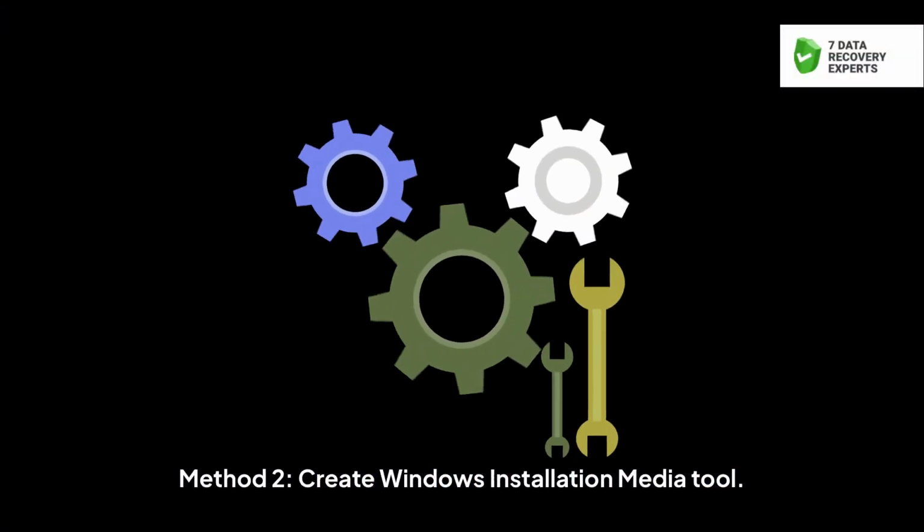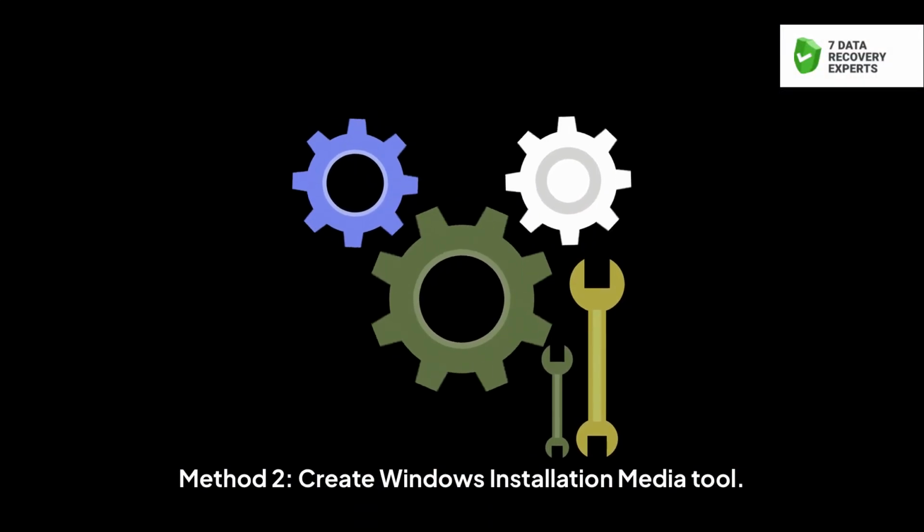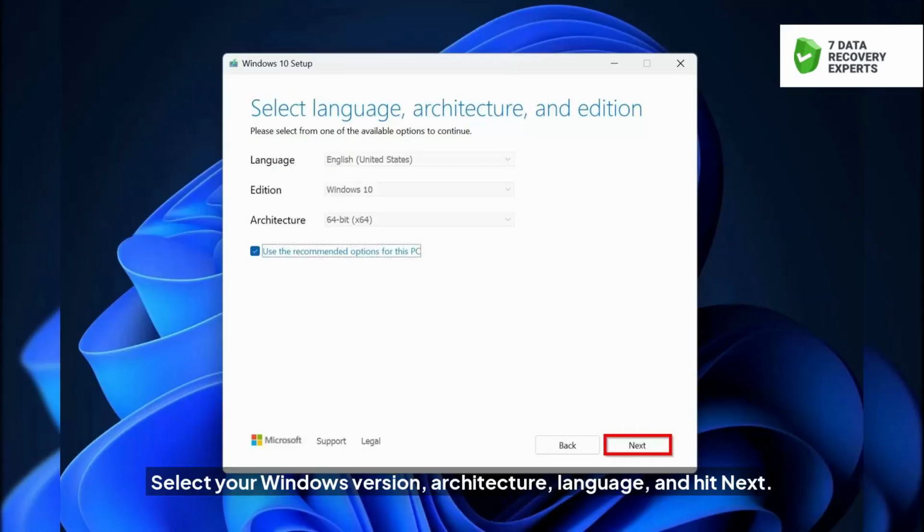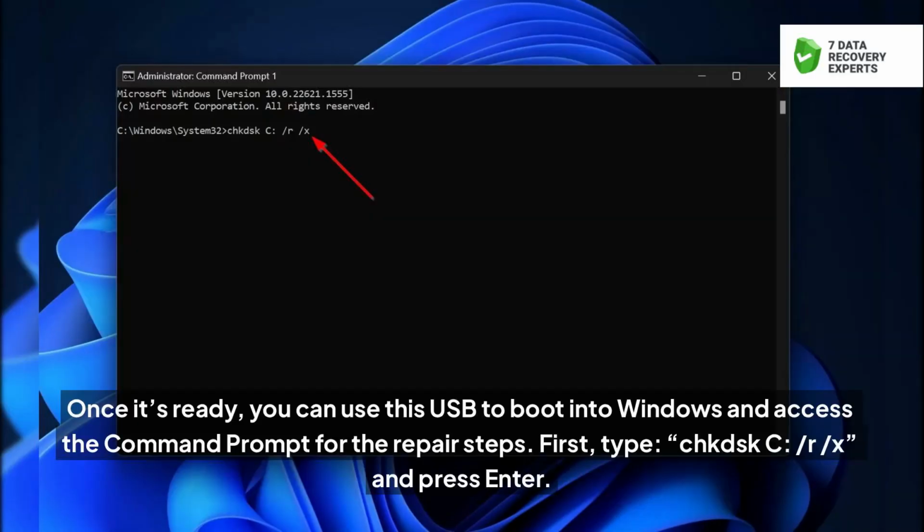Method 2. Create Windows Installation Media Tool. For this, you'll need another working computer. Download the appropriate tool from Microsoft's official website, depending on whether you're using Windows 10 or Windows 11. You'll find direct links in the description below. Select your Windows version, architecture, language, and hit Next. Once it's ready, you can use this USB to boot into Windows and access the command prompt for the repair